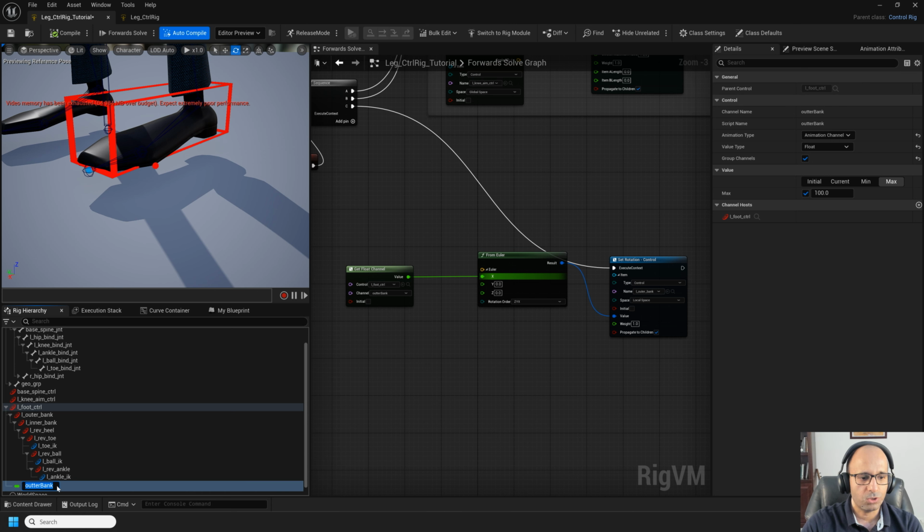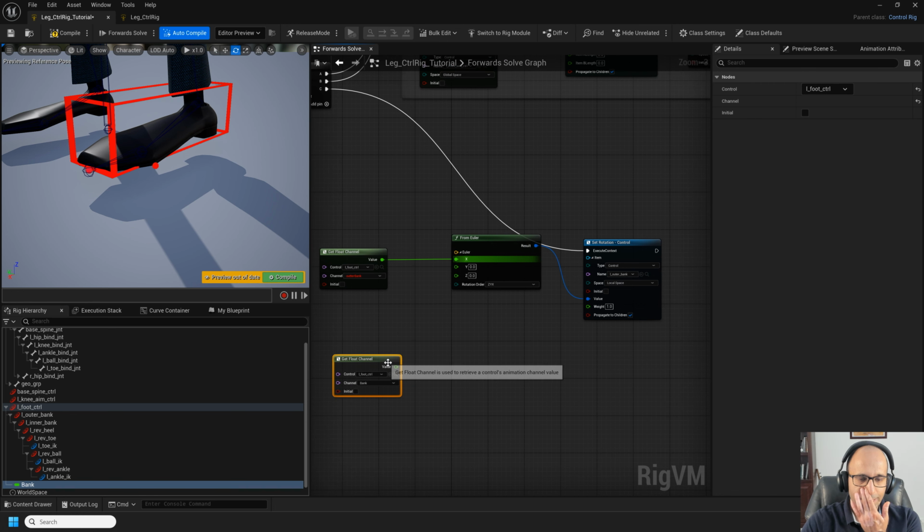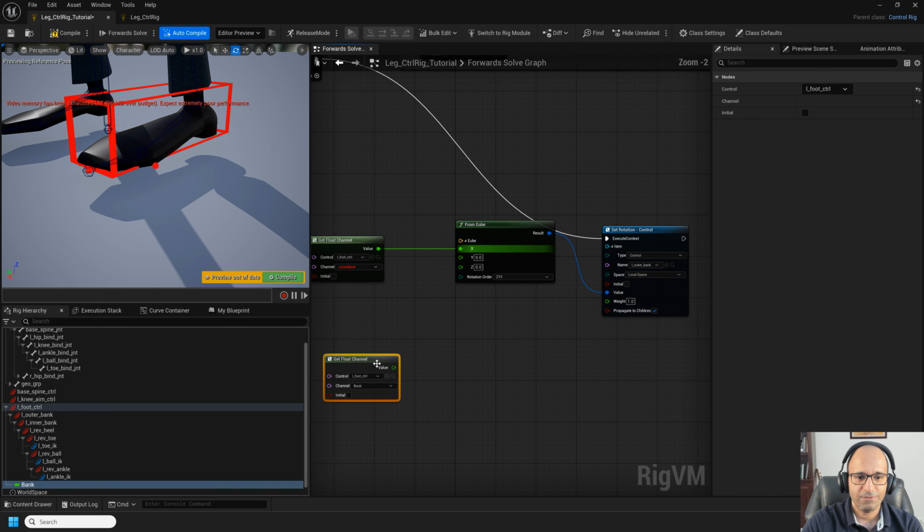What we typically do is combine these two outer and inner banking attributes into one attribute. Let's do that. I'm going to rename this one bank attribute. The idea is that if it's positive direction, it rotates the outer. If it's negative direction, it rotates the inner one. All right, so let's drop it here, get the animation, and let's start by saying that if this attribute